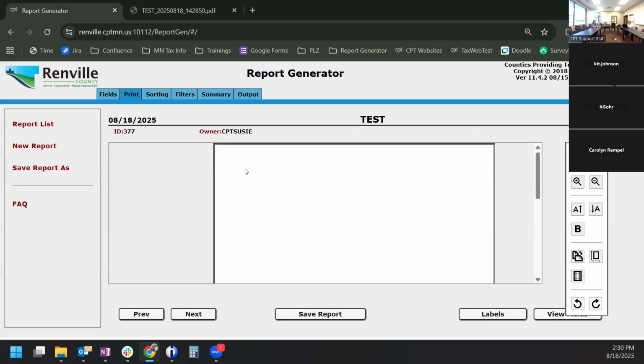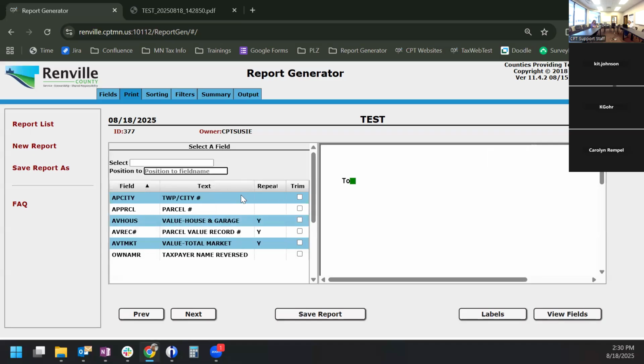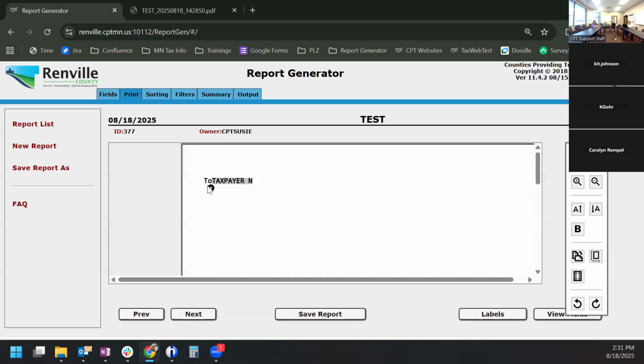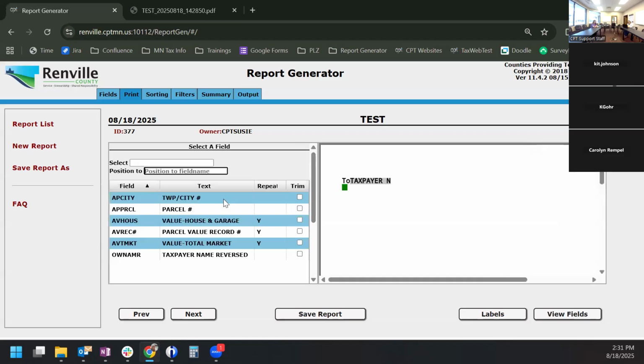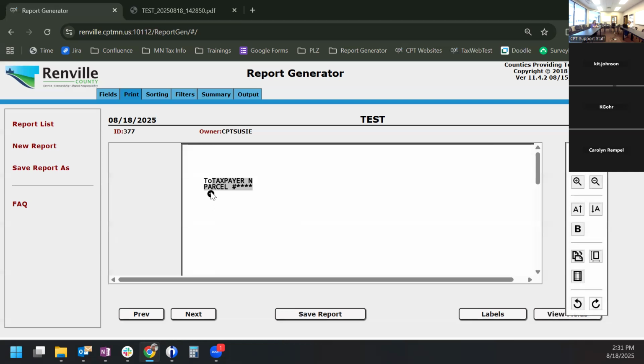So if we go here, you always input at the left side of the page. If you want to move something in, you would just add spaces before it and then put that information in. So I'm going to start by inserting text and I'm going to say "To," and this is kind of small, so I could take the font up. "To," and then I'm going to say taxpayer name. And then if I get a parcel number underneath it,